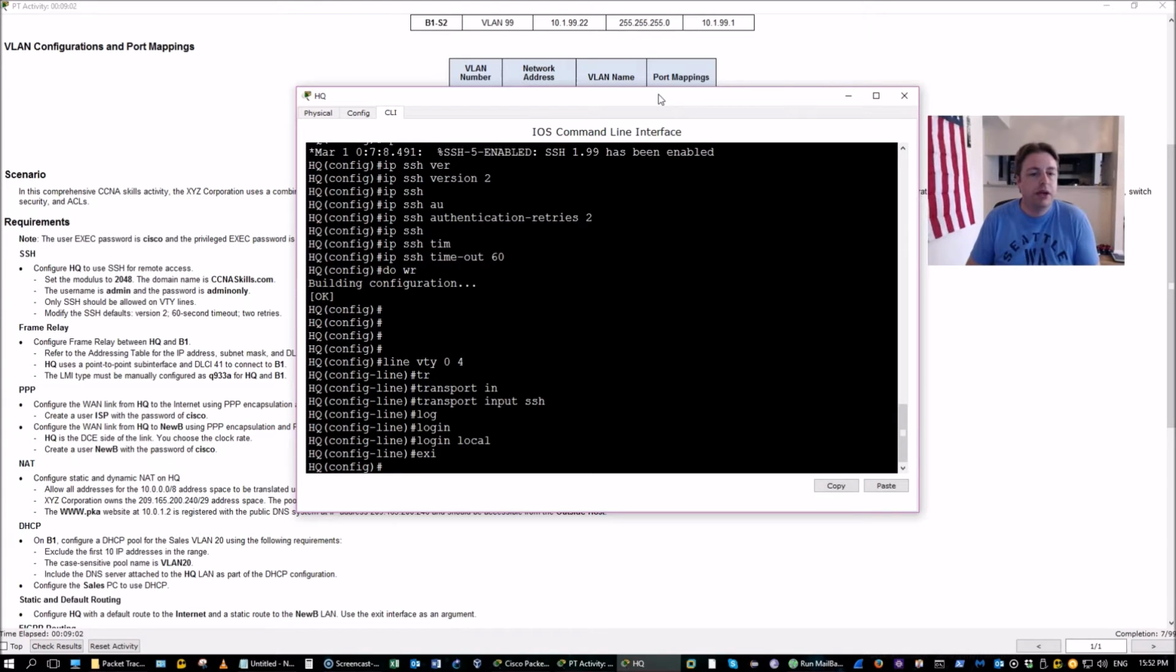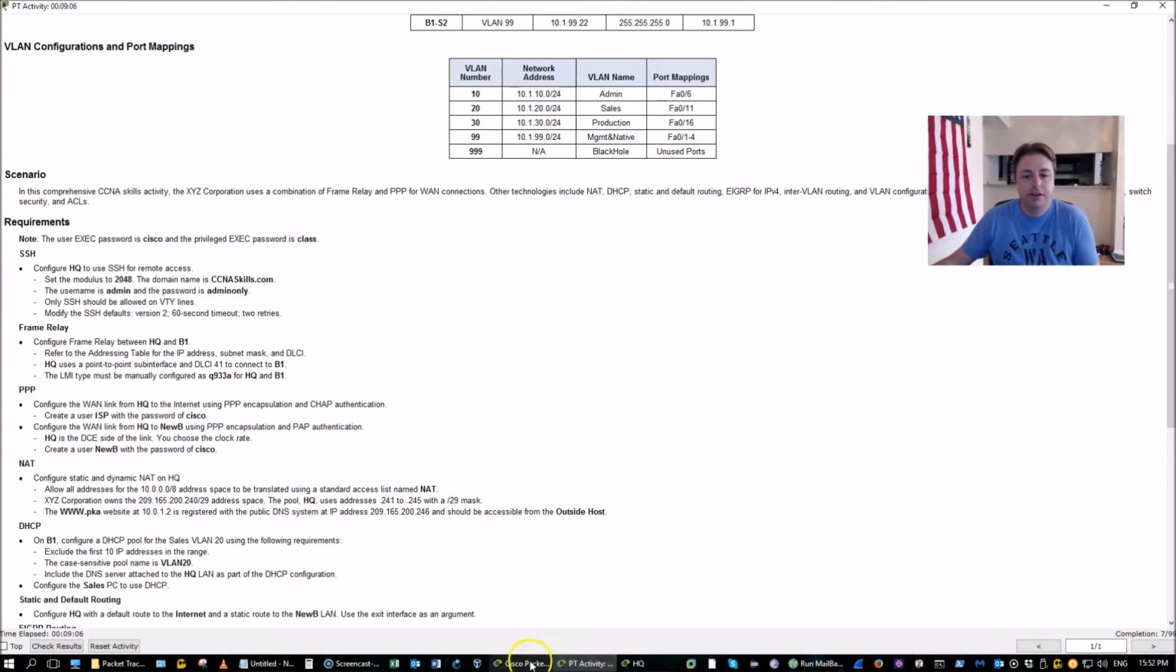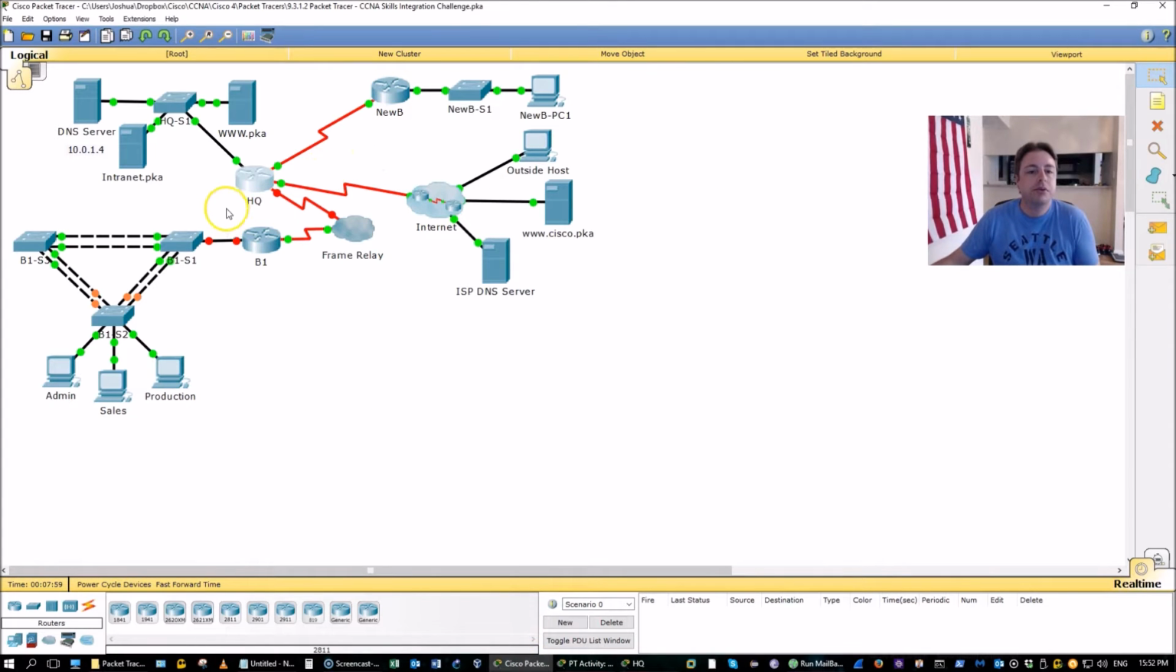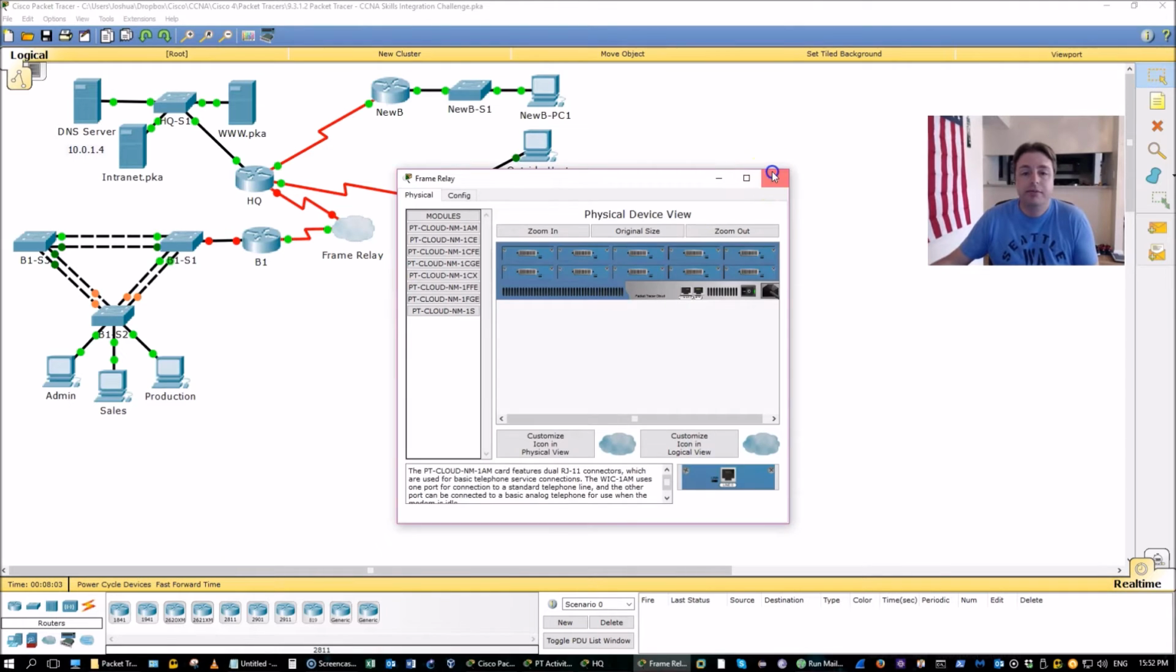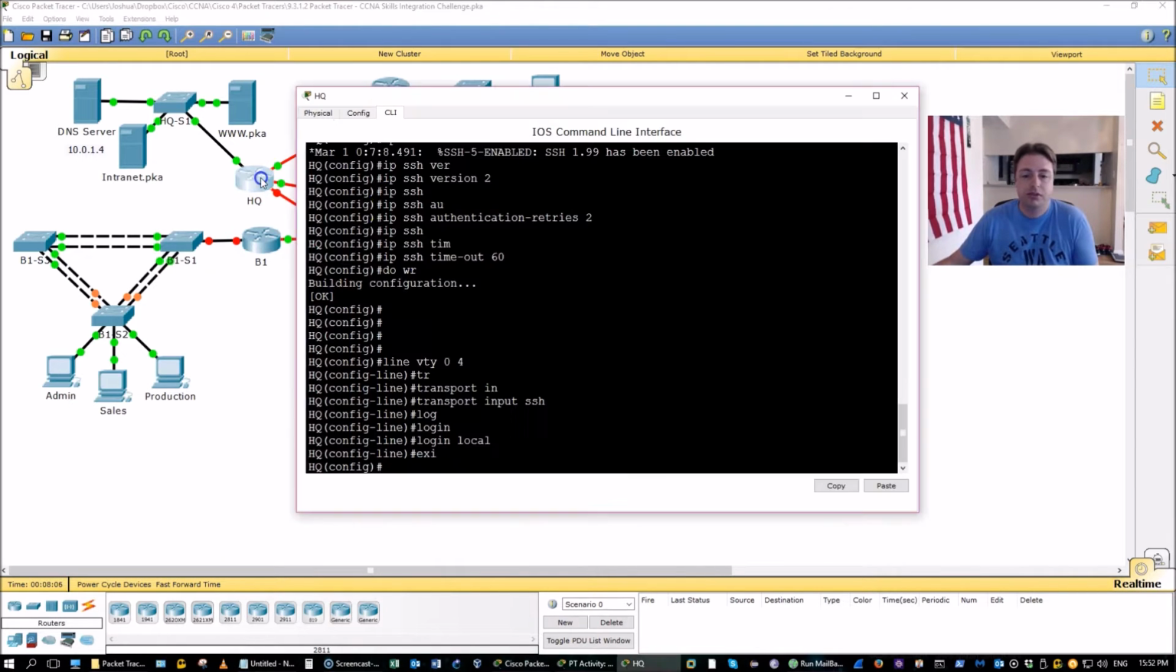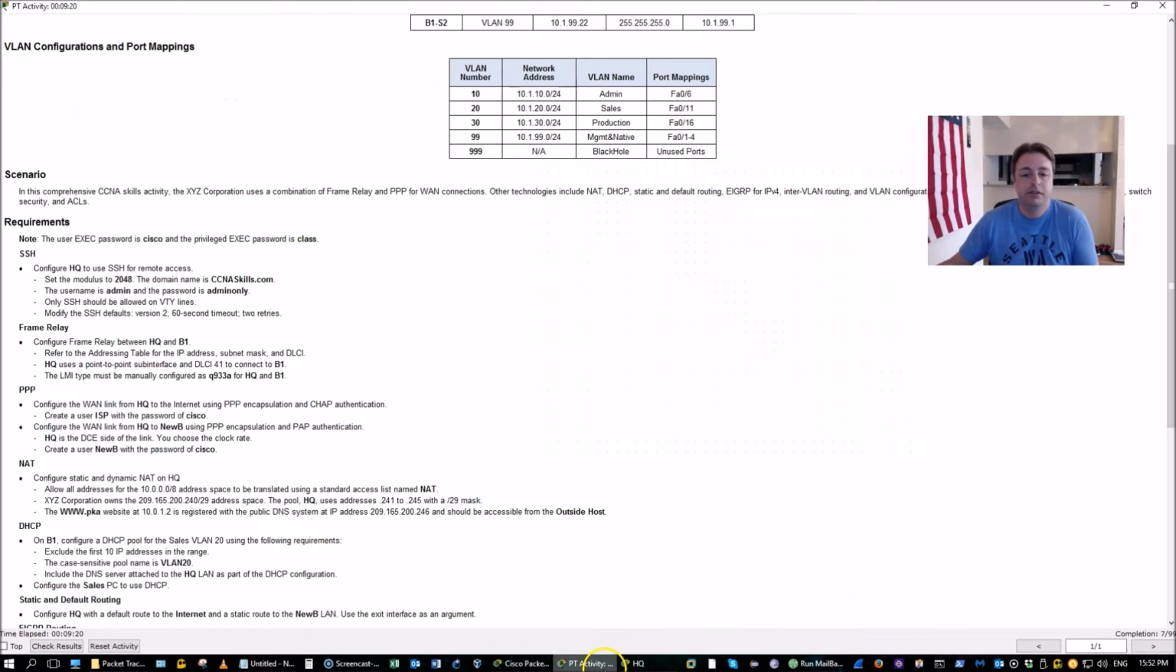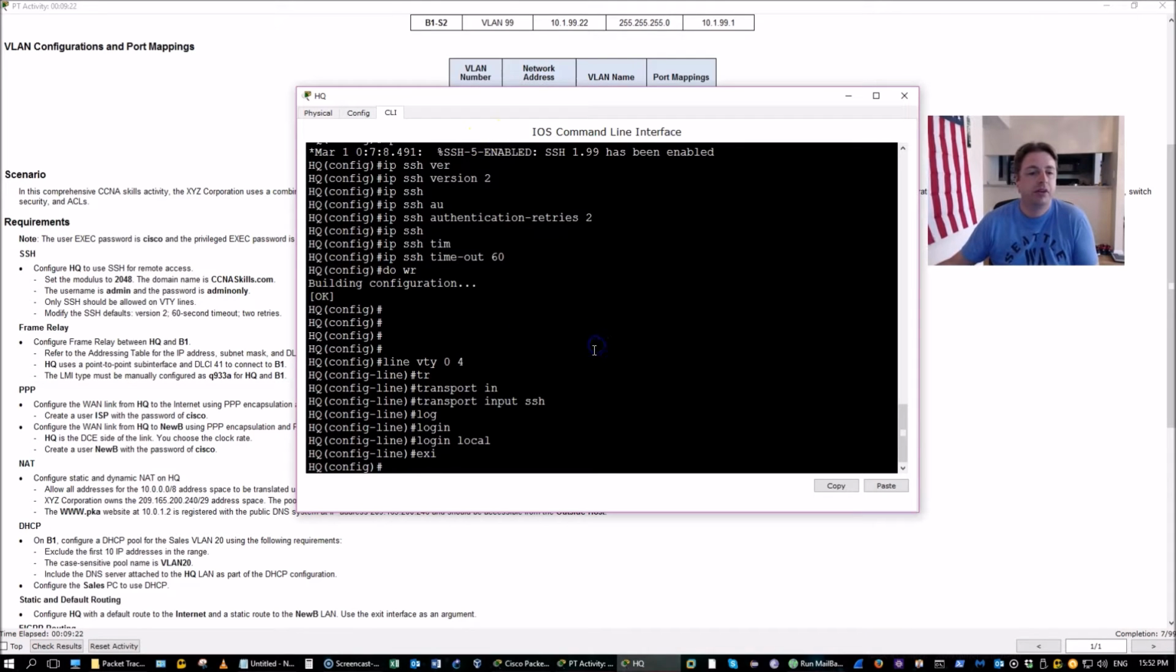Configure HQ and V1 with Frame Relay. Let's look at the topology here. So that's going to be right here. This Frame Relay cloud right here is basically a Frame Relay switch. It's a simulation of the switch, at least. In the real world, you'd have to configure that as well, or your ISP would do it. Okay,